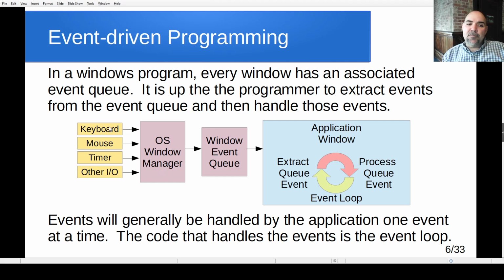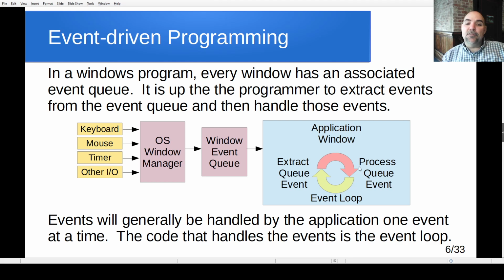The operating system itself receives, let's say, input from hardware. So the keyboard, you press a key. How does it know which window to go to? It goes through the operating system into the window manager. The window manager then decides what application has focus, and it puts that event into the event queue for that application. So now the way we write that application is extract an event from the queue, and then do something with the event,